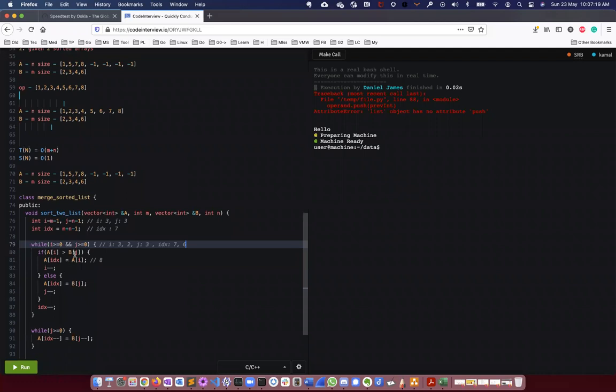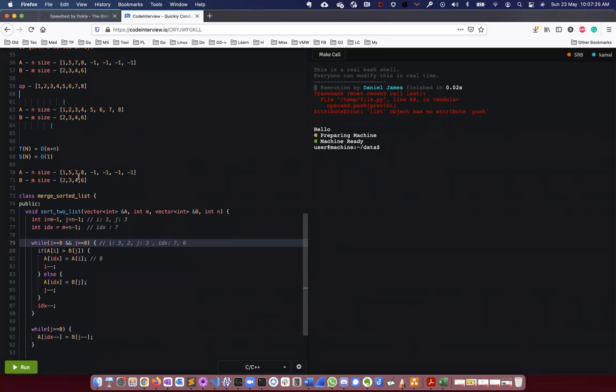Okay, so now compare between i=2 and j=3. This is 6 and 7, and 7 is greater, so 7 will be added at the end, and I decrement it to 1, and j index is equal to 5.